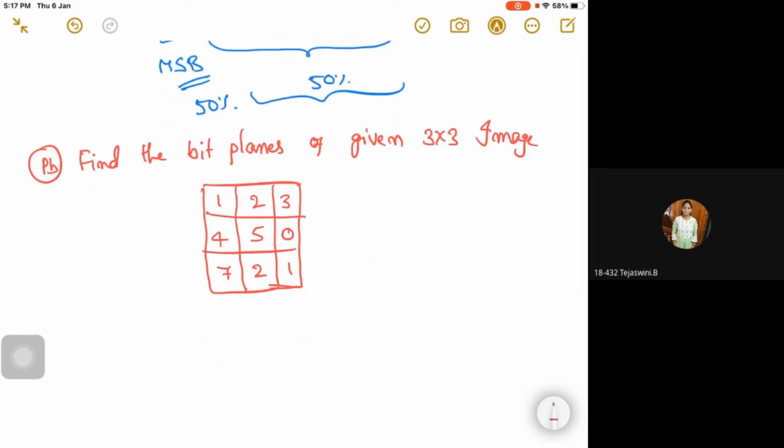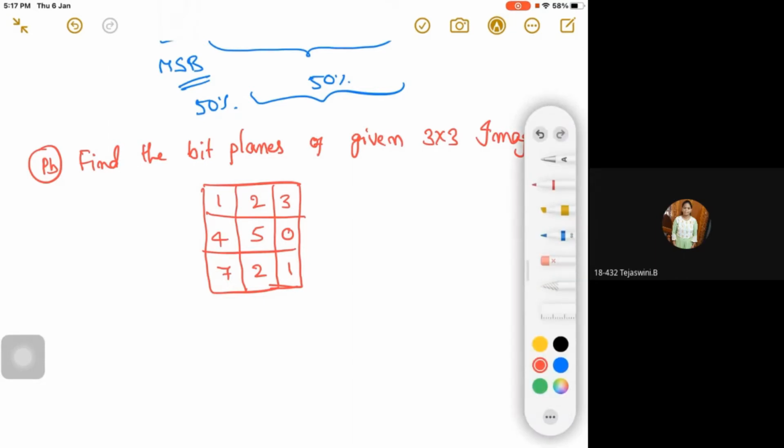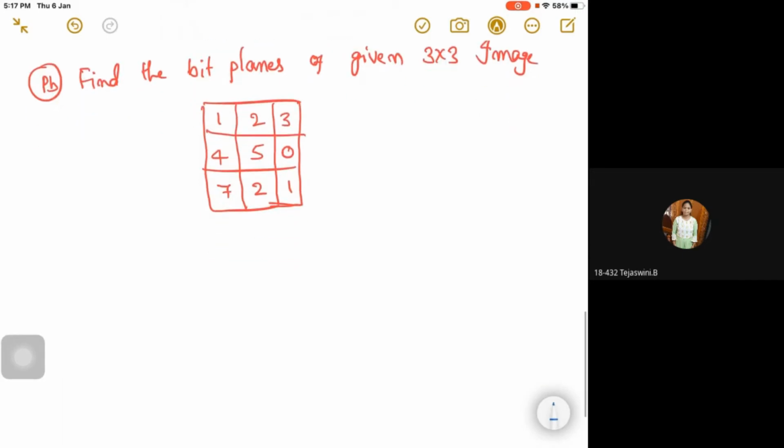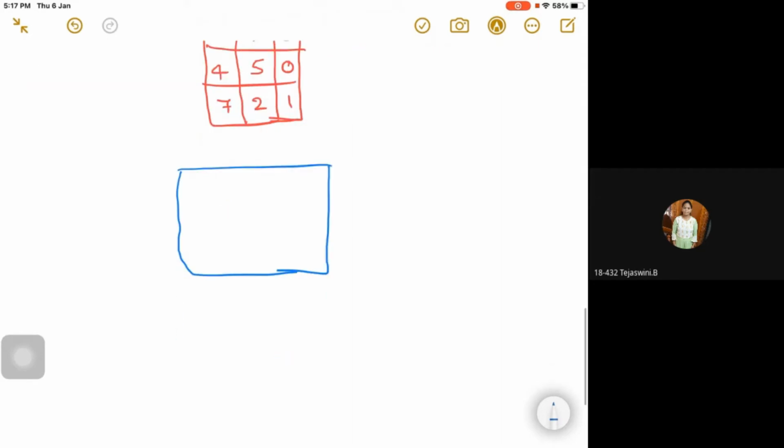Then how to solve this problem? Here the actual image intensity values are given. Then we have to find the bit planes. What are the bit planes? Those are the powers of 2. The MSB bit will have more power. So how do we make this image into different slices? How to make the bit plane slices? If you consider the MSB bit, for example, like this, then the second plane, then the third plane.